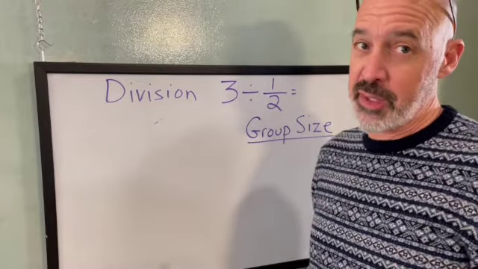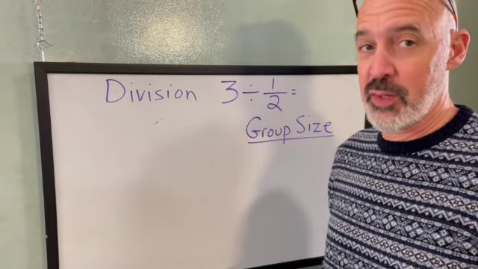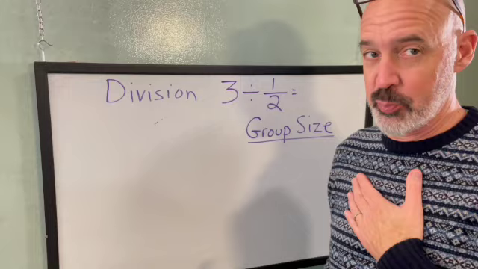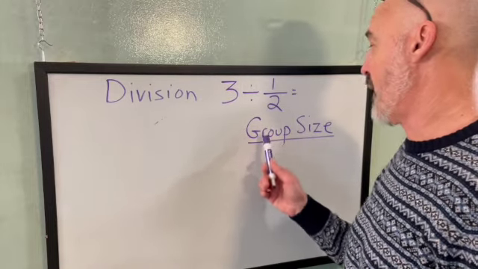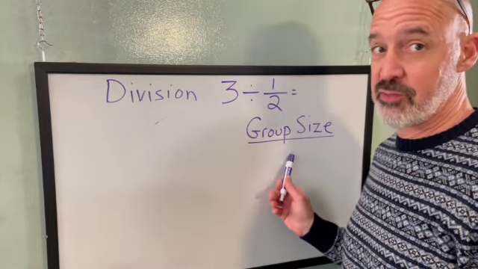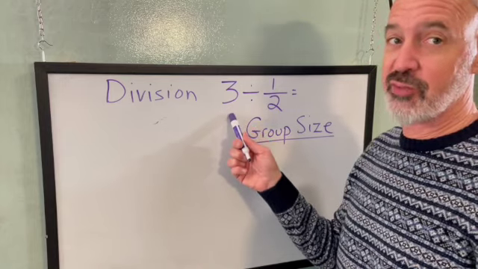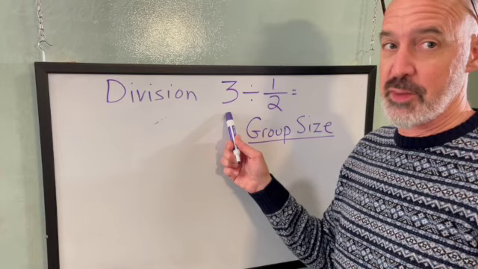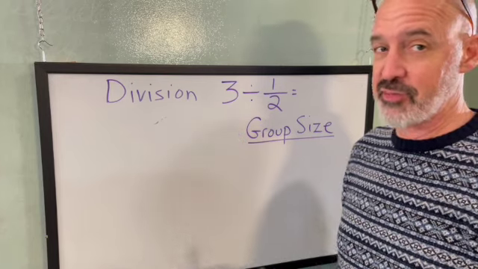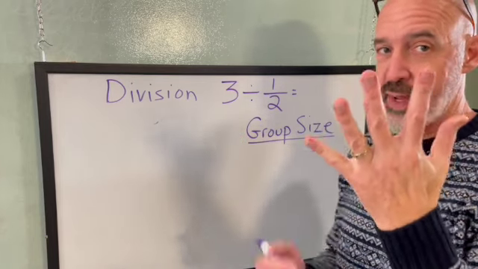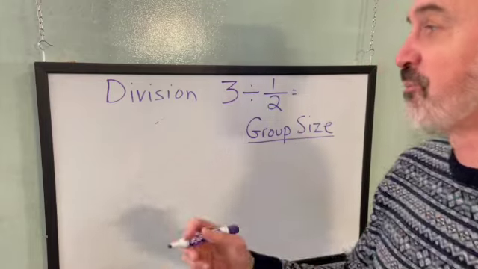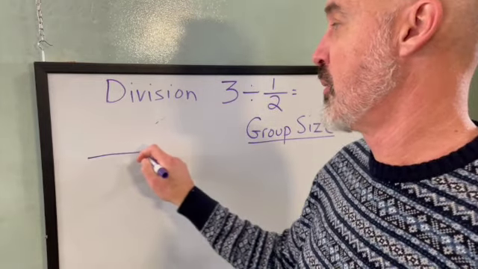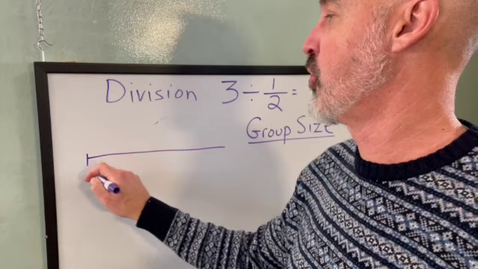Let's begin by talking about 3 divided by 1/2, which in this case I'm interpreting as 3 divided into groups where 1/2 is the group size. So if I have 3 whole units, I need to know how many halves there are in 3. I could skip count by halves: half 1, half 2, half 3, and get the answer of 6, which is what your child should do,